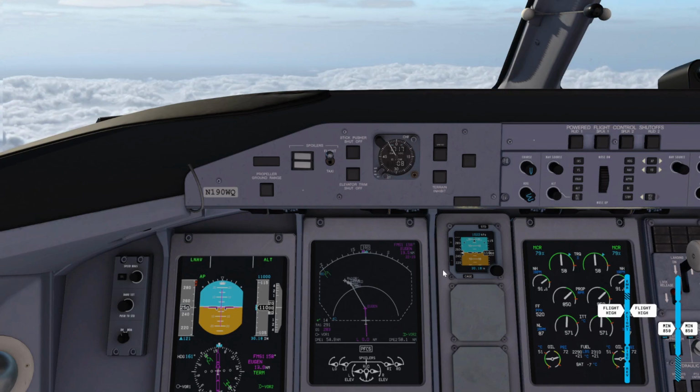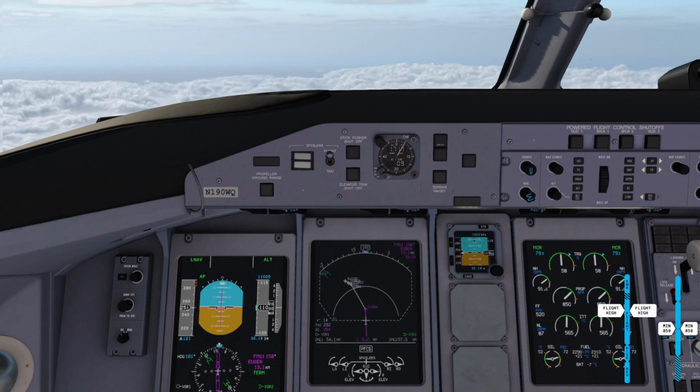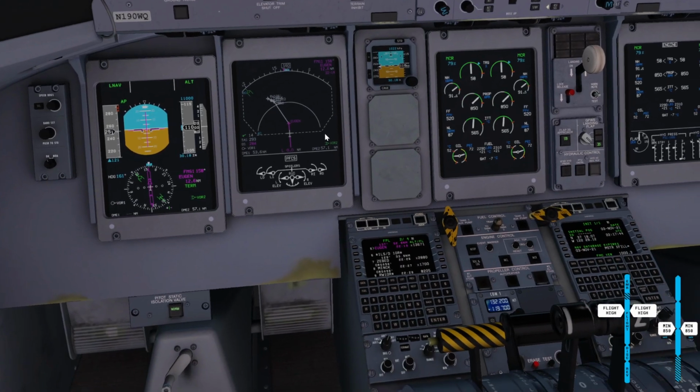Taxi runway 28 via Alpha Bravo. November 115 Bravo Papa, Hayward altimeter 3017. 3017. Allegiant 120, turn left heading 110. So I should be able to...